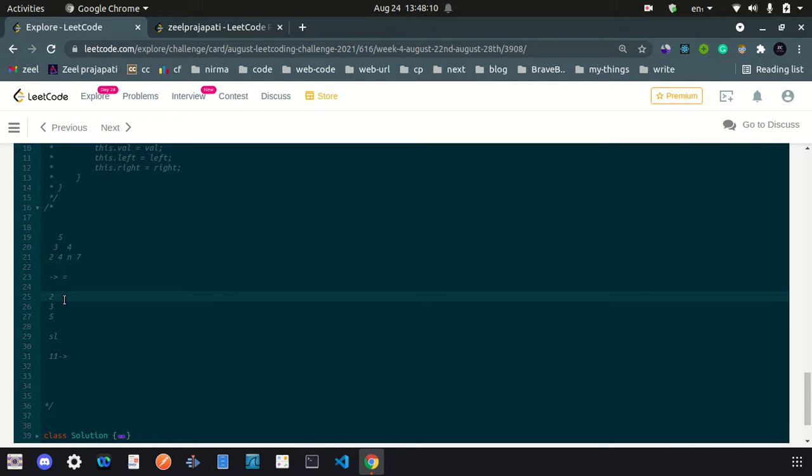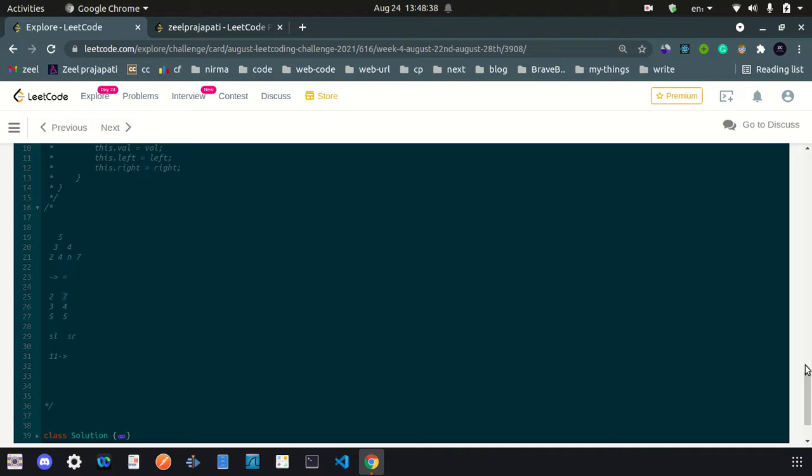So here we have 7, then we have 4, then we have 5. First 5 will be inserted, then 4, then 7. So this is our stack. If you carefully observe these two stacks, the top values give us the minimum and the maximum value.